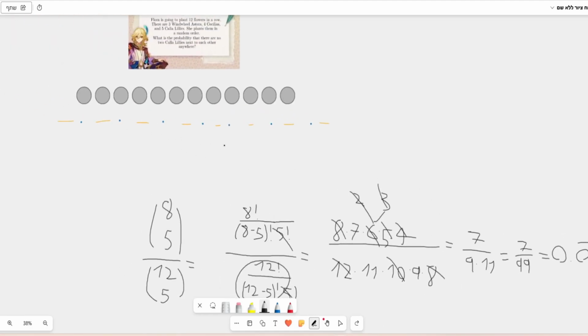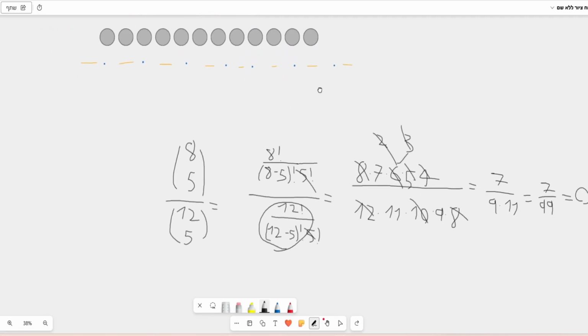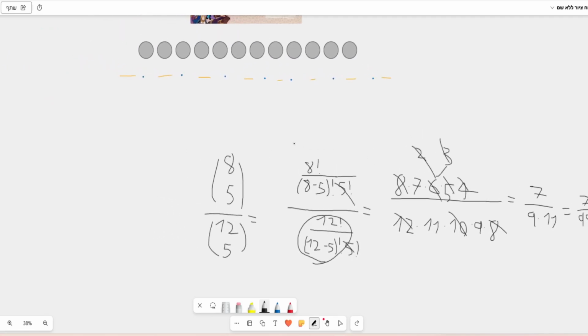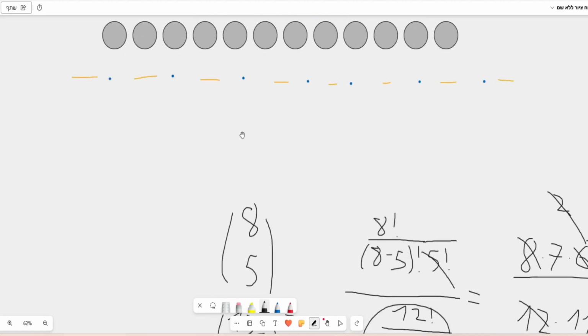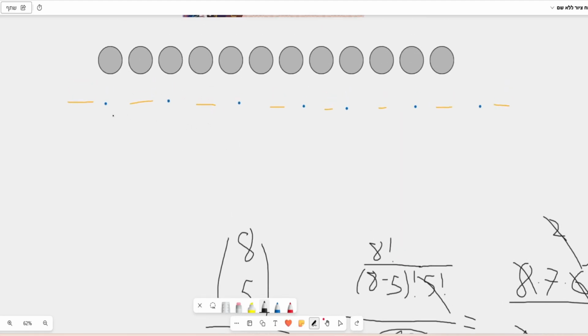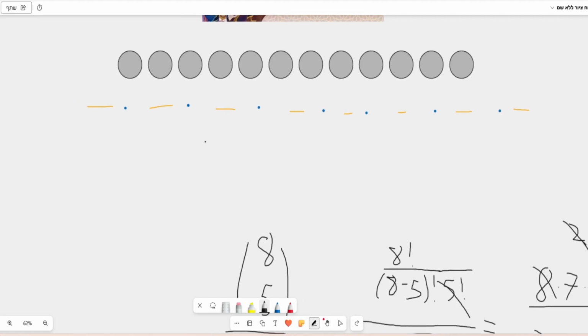If you want to solve it by the factorial route, which is what I saw many people do, and I think this is just redundant, it's done like this. Out of this, you can arrange these 7 non-lilies in 7 factorial ways, right? So you have 7 factorial ways to arrange these, and then you have 8 choose 5 times 5 factorial, because you can also arrange the lilies in 5 factorial ways if you care about the